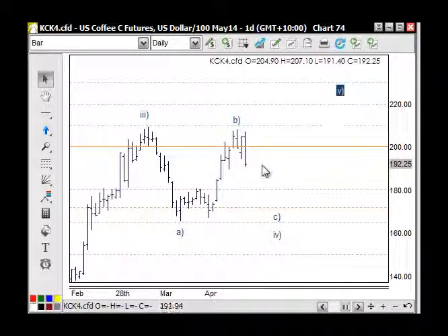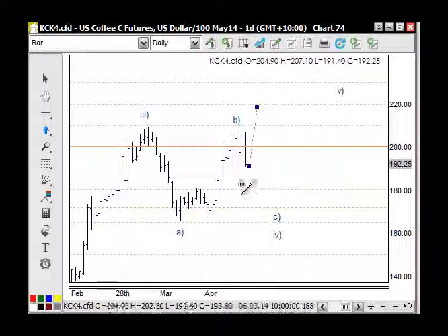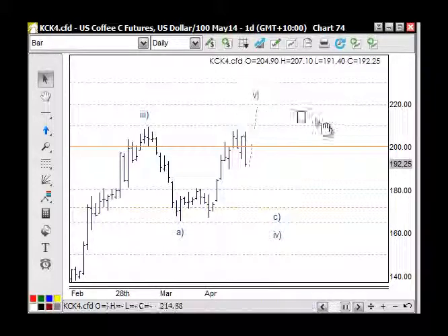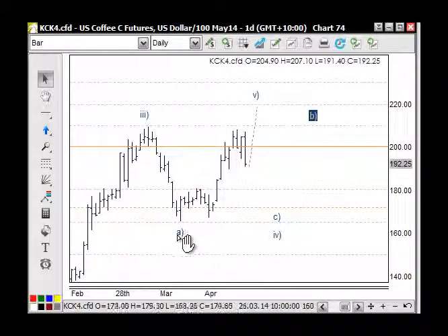So it's a little bit annoying. I'm hoping that we actually get another little high up here. That's what I'd really like. Then we can have this wave 5 in here, and then we can play out our corrective pattern as such